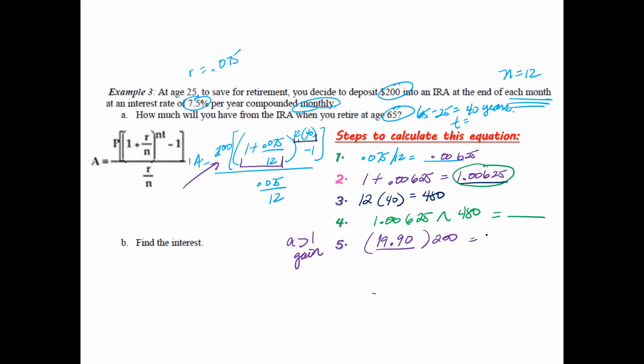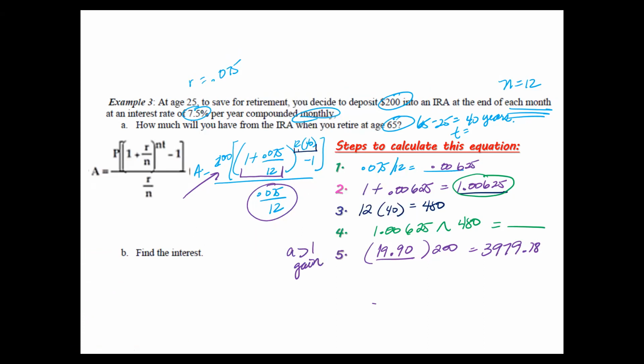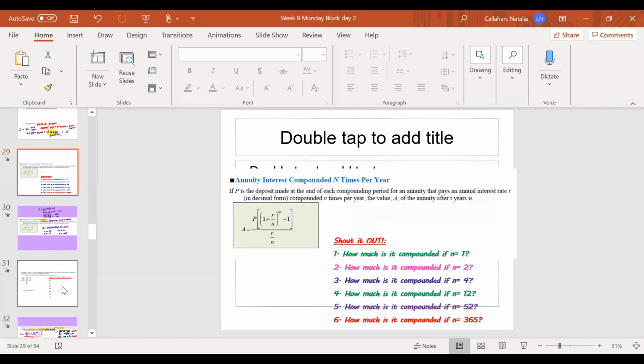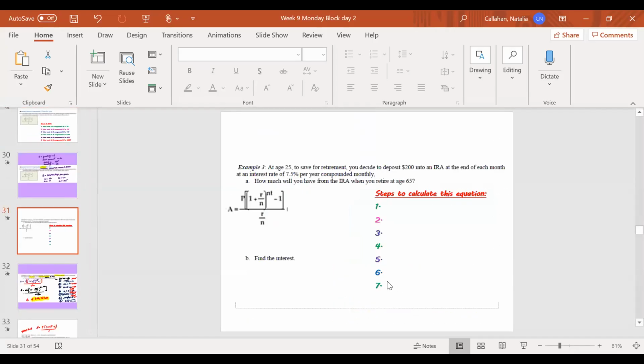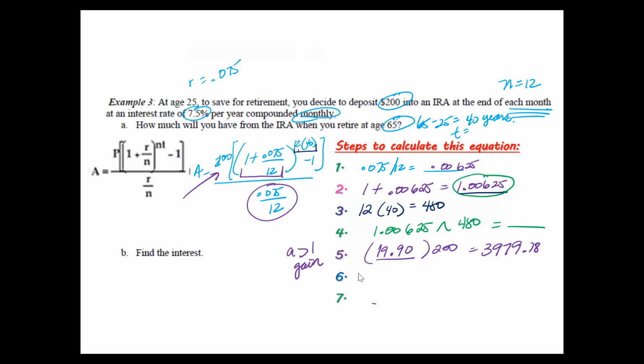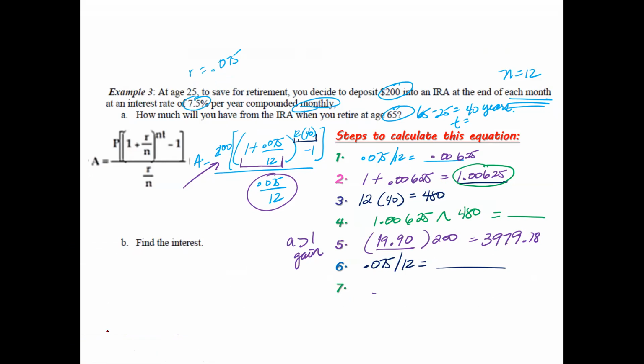So that's going to give you $3,979.70 or 78 cents. But we're not done yet because you still have the denominator right here, which means I'm actually running out of steps here. So I'm going to go back and add a few more steps. Or actually, hold on a second. Maybe I do have the steps. Oh, no, I do. Just kidding. Number 6, you're going to go ahead and take the 0.075 divided by 12. What does that give you? Well, if you calculated this correctly,